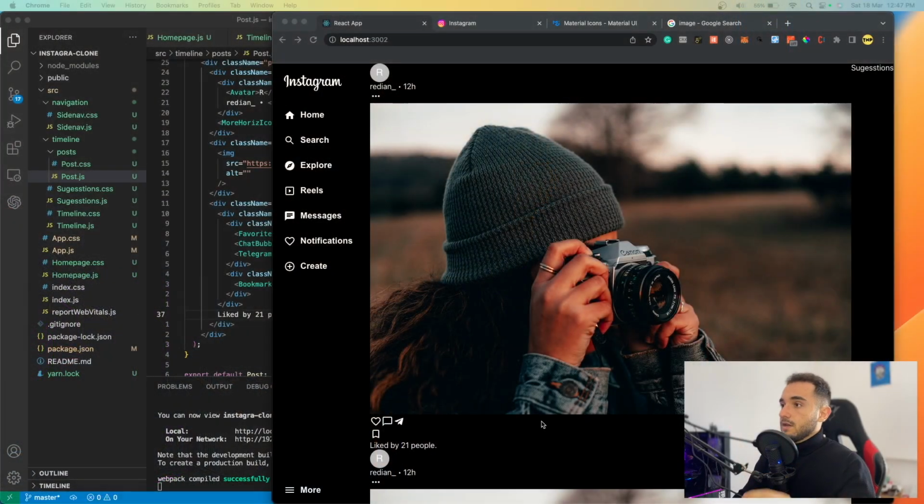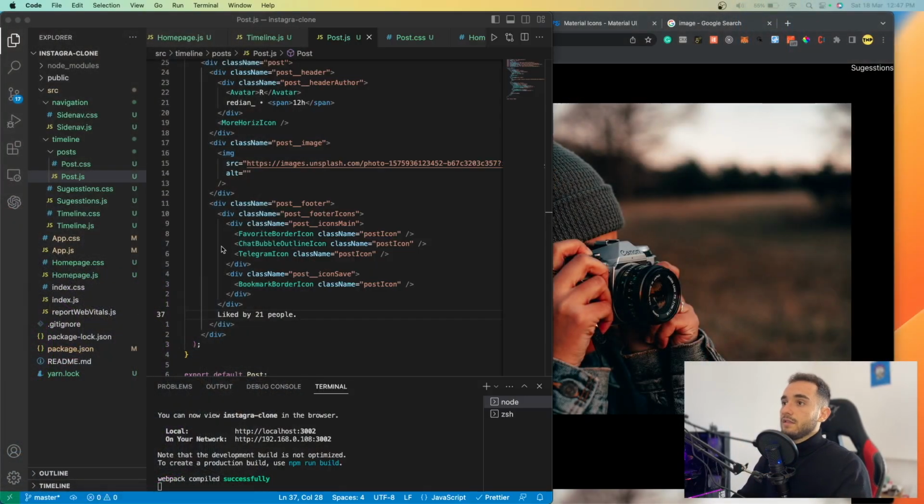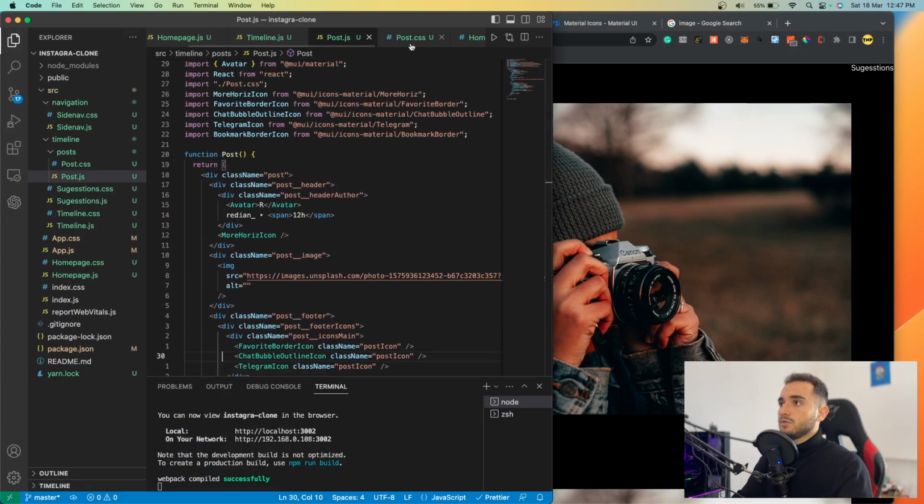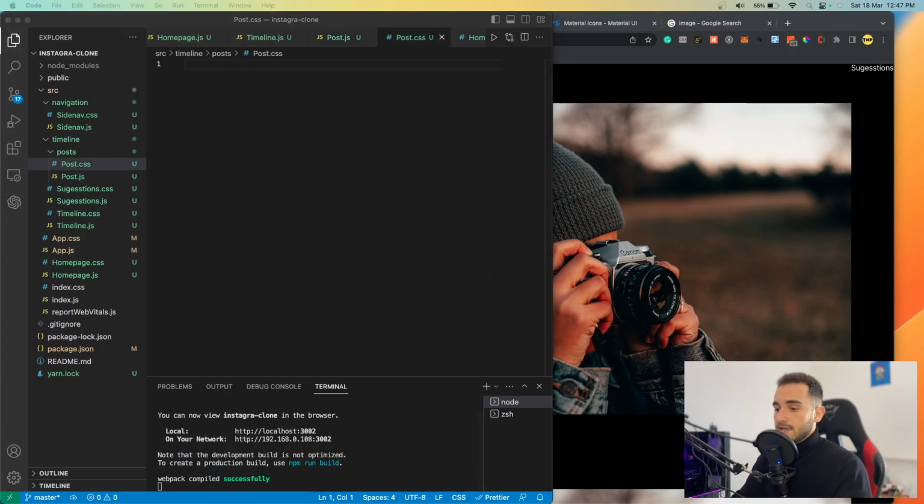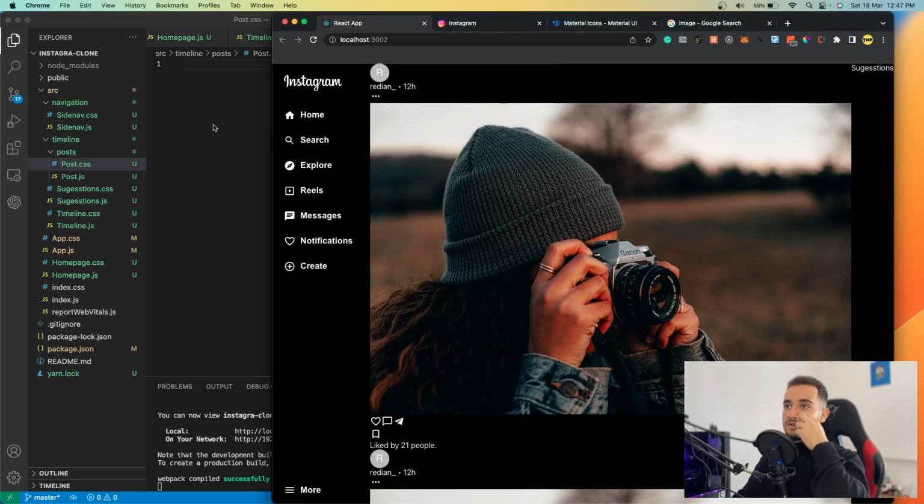Now I'm going to style it, and then we'll use the component and the state management. So let's get started with this. First we are going to style this. So let's go to post.css, and the first thing is to make this smaller. The post is going to be smaller, so